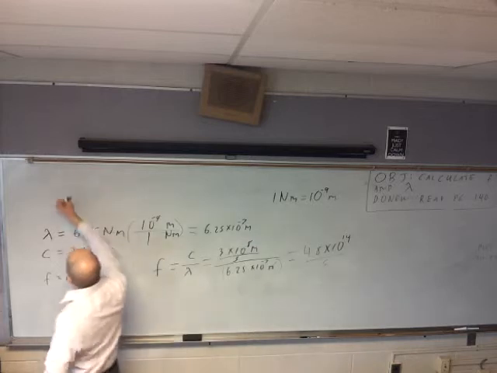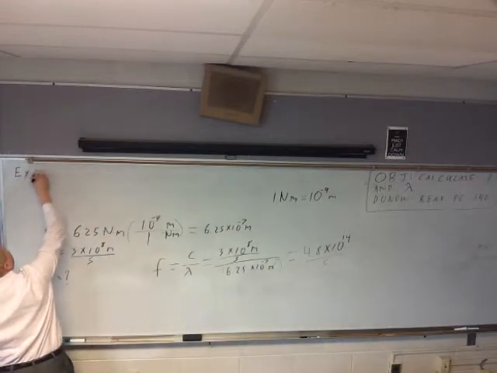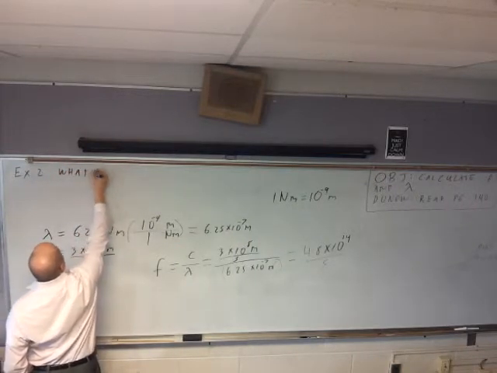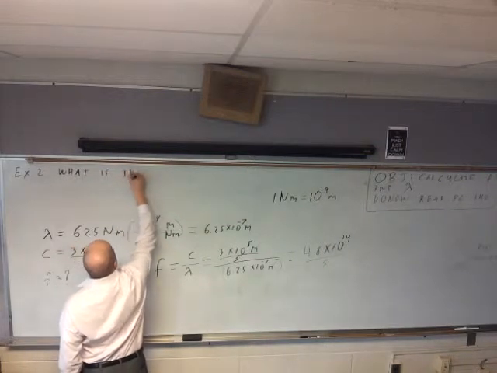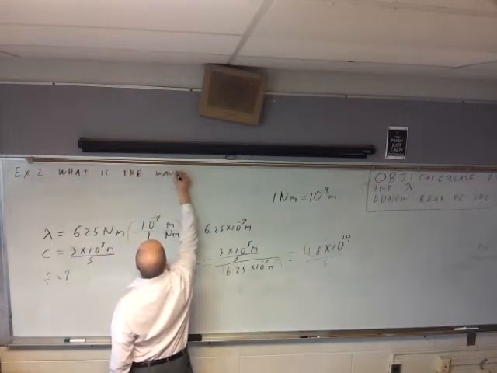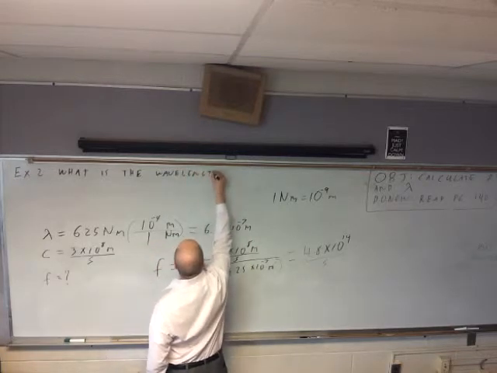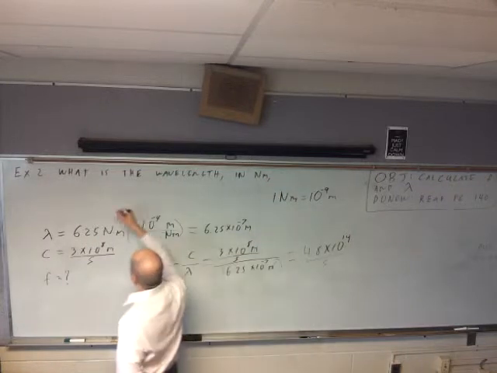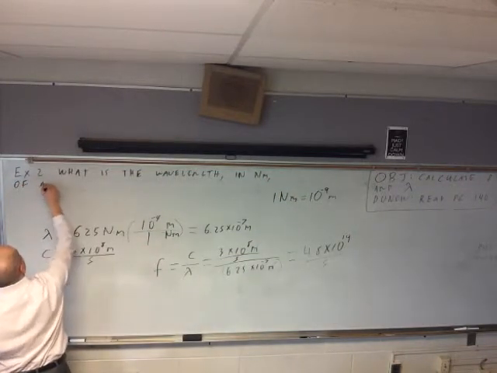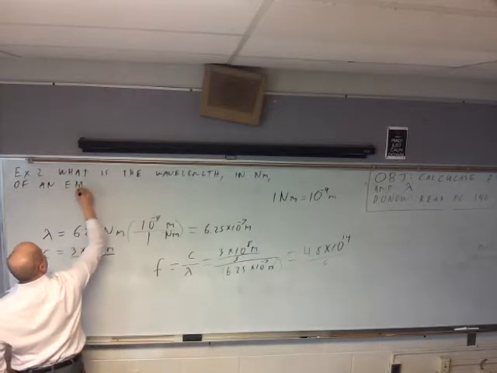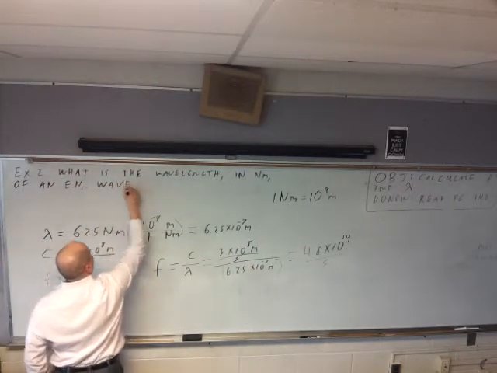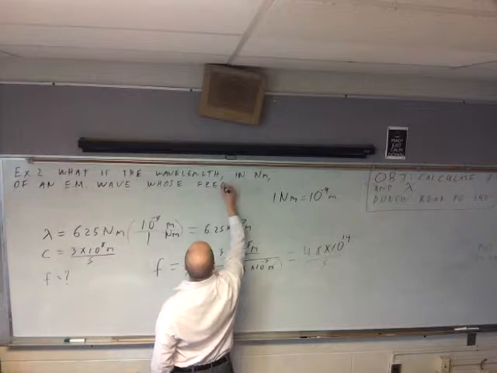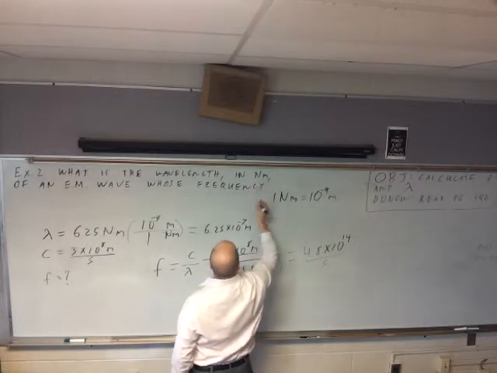Okay, so let's call this example number 2. We're going backwards today. What is the wavelength in nanometers of an electromagnetic wave whose frequency is,